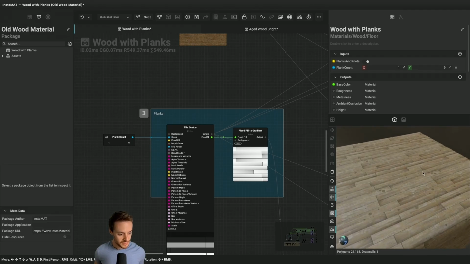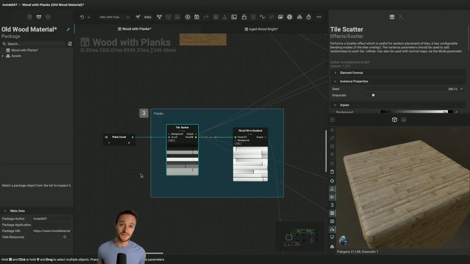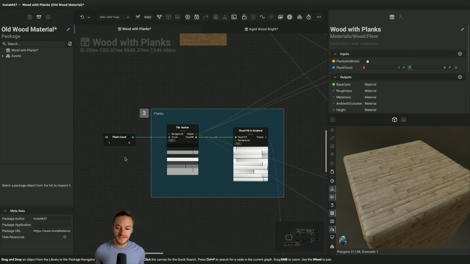And I think it's looking pretty good. And so this highlights one of InstaMAT's most powerful features, which is the ability to write arithmetic or expressions right in the canvas alongside your material and image-based nodes. So not only do we see that we have our variables here in the canvas, but if I go to